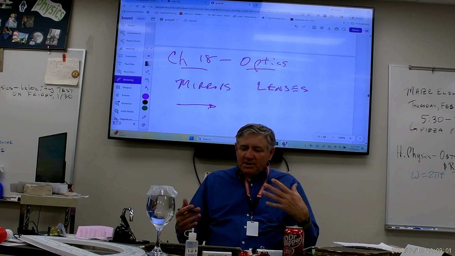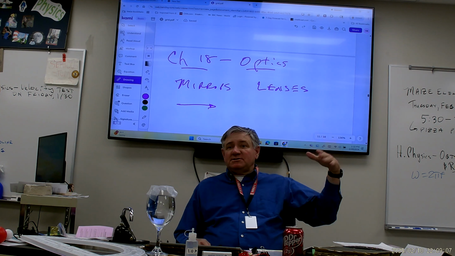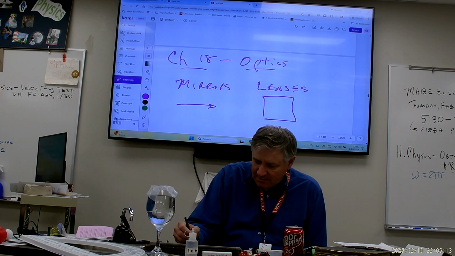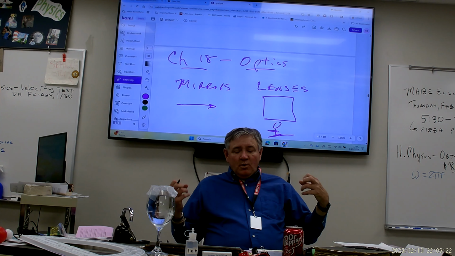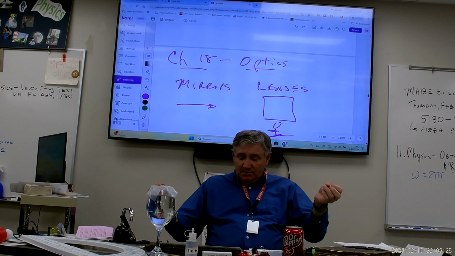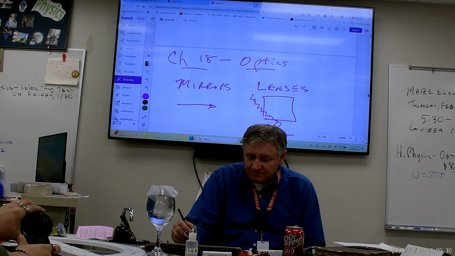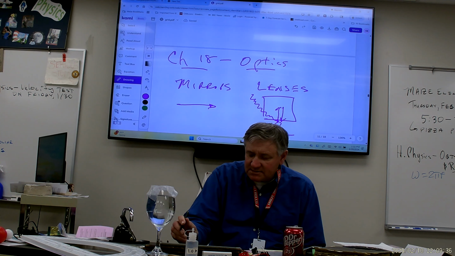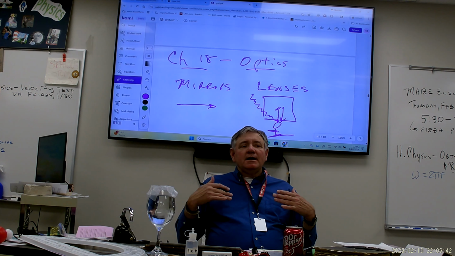Now, if it hits a mirror, it could bounce off of that mirror, which is what allows you to see images in a mirror. So when you're getting ready in the morning and you're standing in front of a mirror, what allows you to see you in the mirror is that light is going to come in, bounce off of you, hit the mirror, and then bounce back. This is important. For you to see anything in a mirror, it has to bounce back.